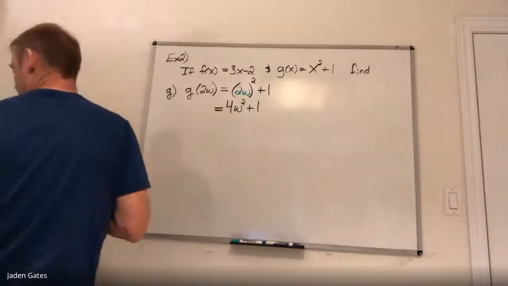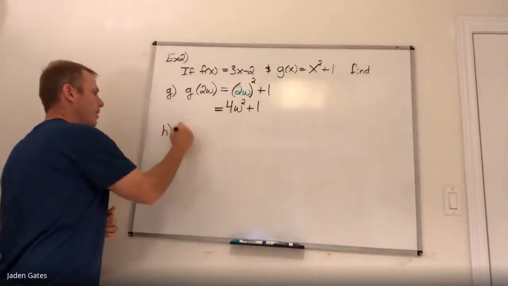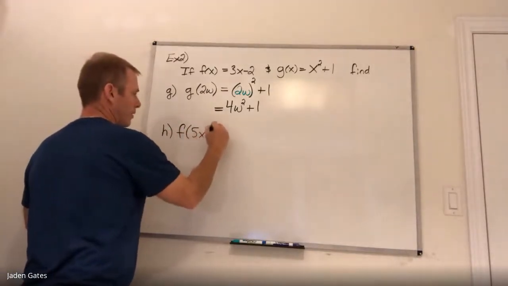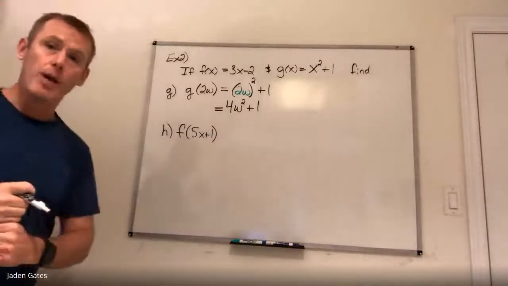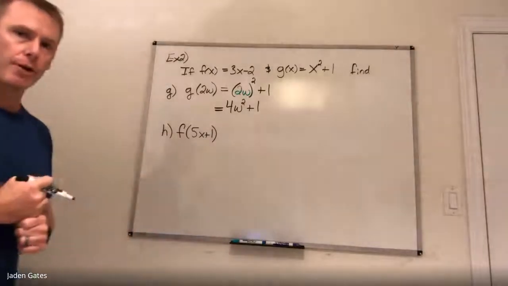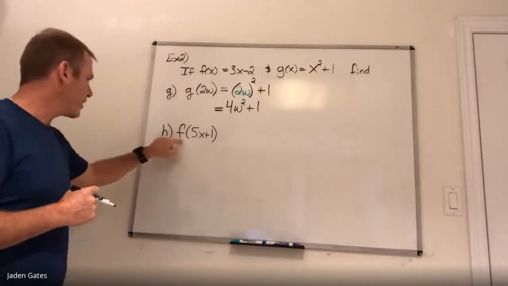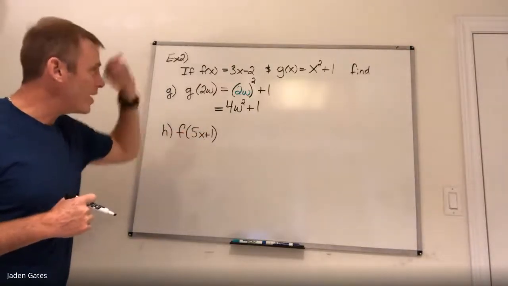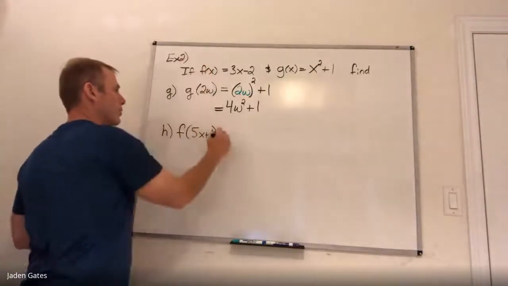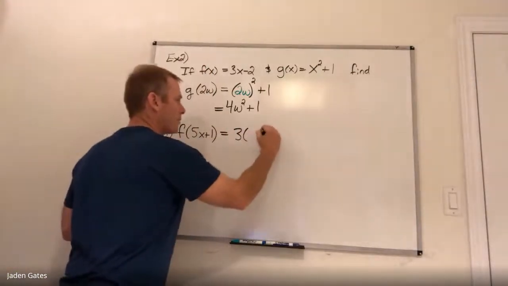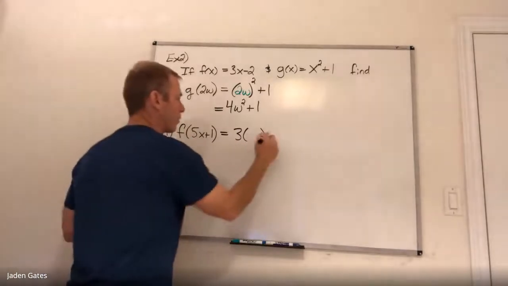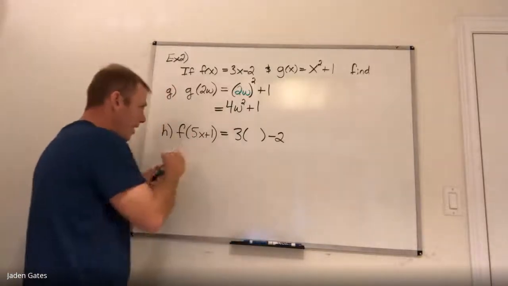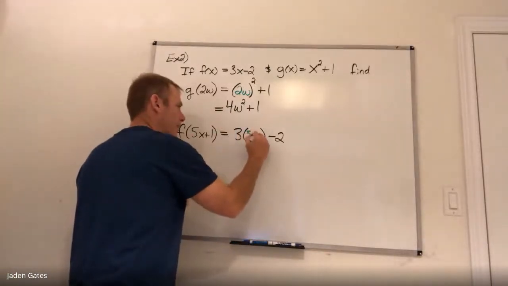All right, let's see here, H. I'm looking at f of 5x plus 1. So now again, we're going to have a polynomial answer because we got a polynomial inside our function notation. It's telling us to use the f equation and to sub in 5x plus 1 for x. So again, the f equation is 3 times x, so I'll put a bracket in there. Minus 2. All right. Function notation is telling me to put a 5x plus 1 in here. Should have made my bracket bigger. 5x plus 1